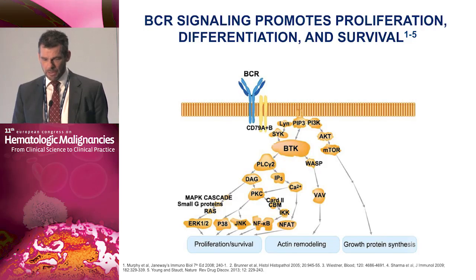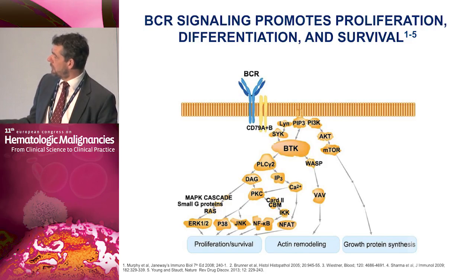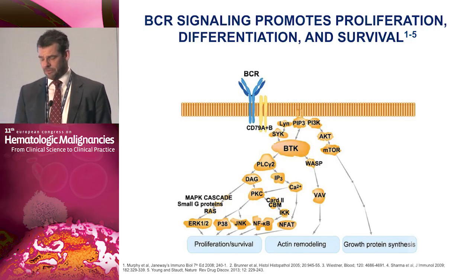I can only show you data that is out there. I can't show you anything on the bottom one there, ACP196, which is the latest BTK inhibitor that's just entering the clinical arena. Okay, so BCR signaling, as you well know, is critical to cell proliferation, differentiation and survival, and